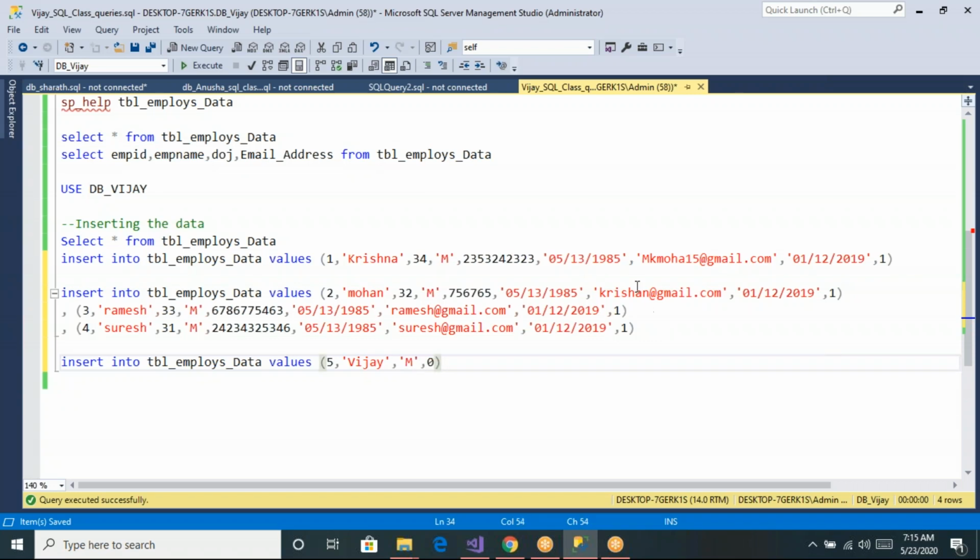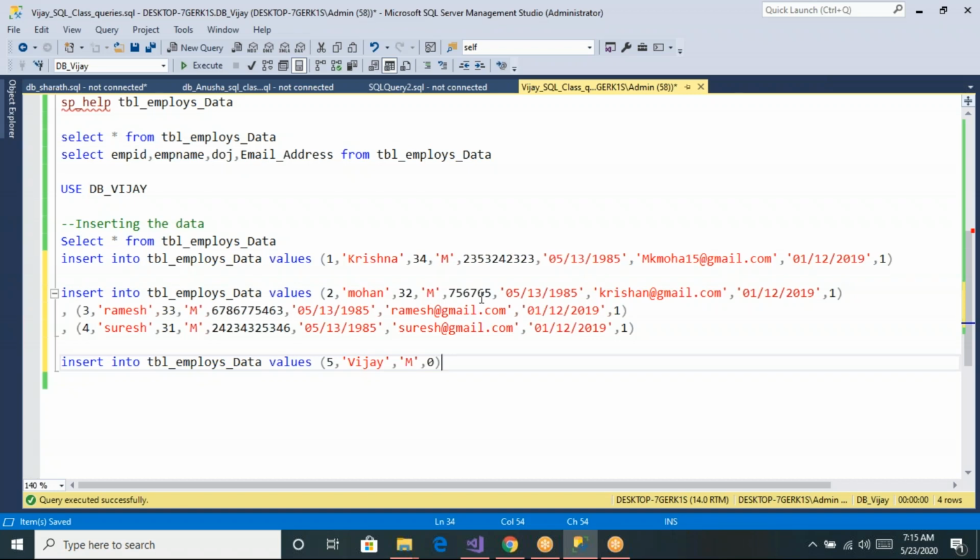So my manager has provided only 4 values. He has not provided the date of birth, his email address, his date of join, and his mobile number. He is telling me that he will provide the remaining details later, but he is asking us to insert these values somehow.